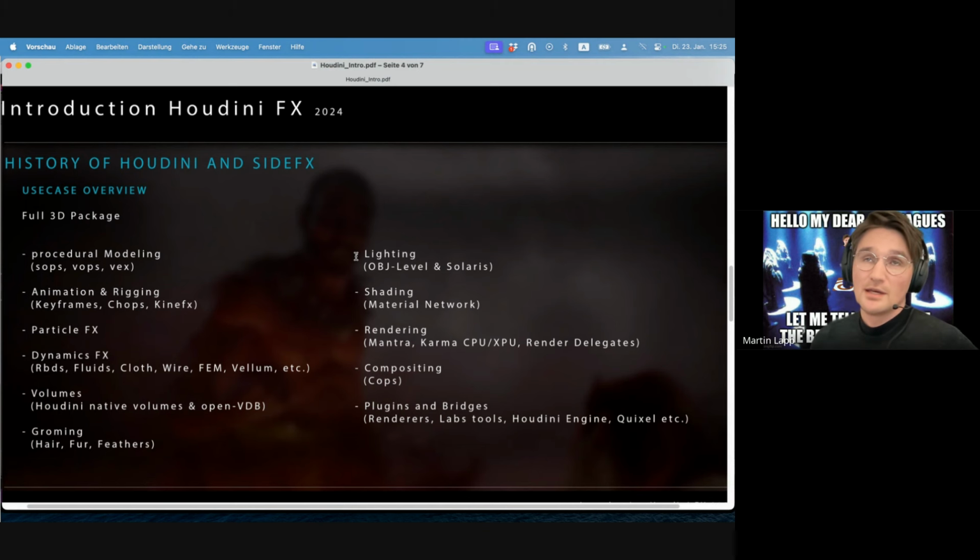And it's comparatively fast rendering volumes as well, in comparison to, for example, Arnold. However, I should say, to be fair, that once it's about pure geometry, Arnold is much, much faster than Mantra. And then there's the new render engines, Karma CPU and XPU, which again are